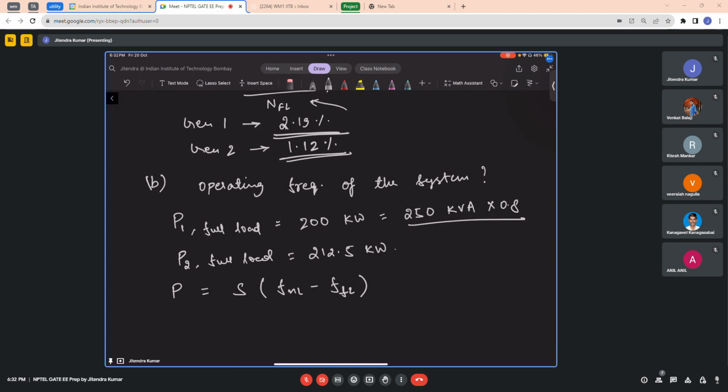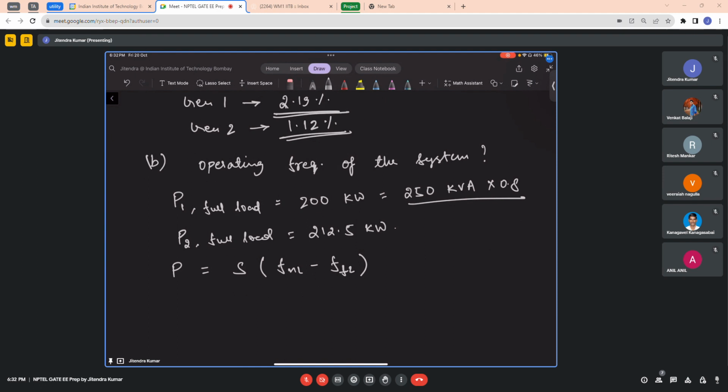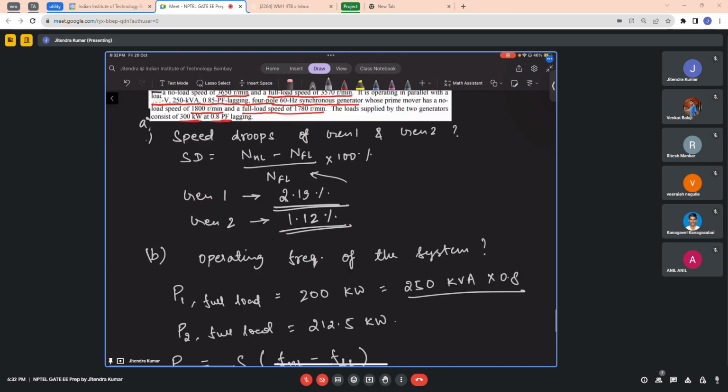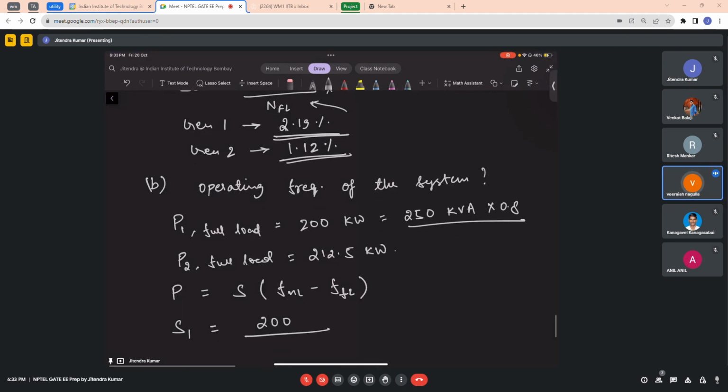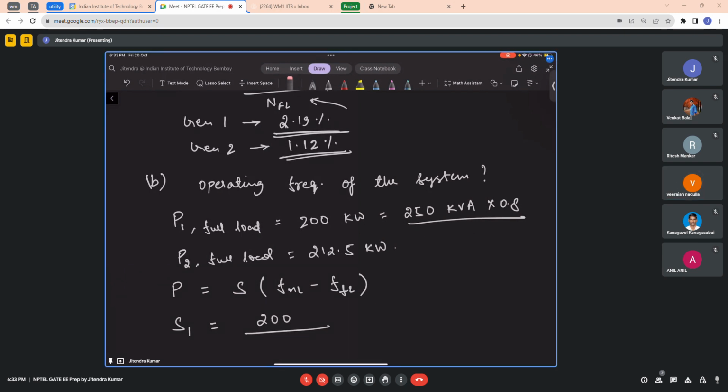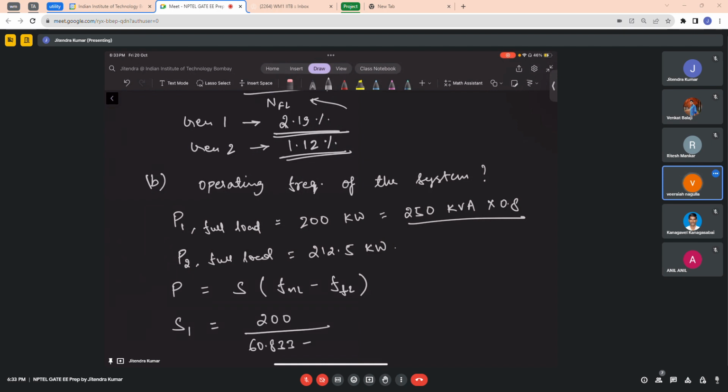So we want the slope of both the machines. I want to find the slope of the first machine, which is 200 kilowatt divided by the no load frequency, corresponding to this speed 3650. How much will be the no load frequency? And corresponding to this full load speed 3570, how much will be the frequency? Generator 1 no load frequency is 60.833 Hz. And its full load frequency is